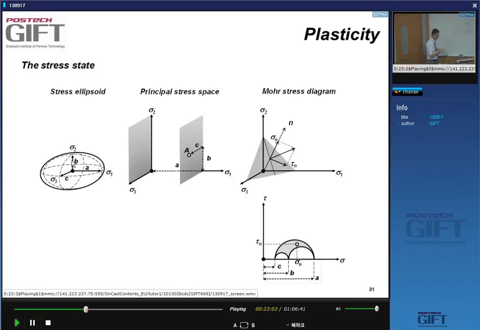And the 3 axes of this ellipse form an orthogonal set, which are oriented, which give me the directions of the principal stresses. So I can represent, in the case of a